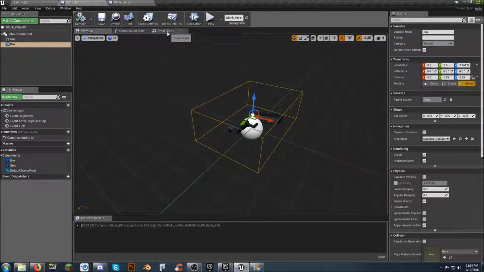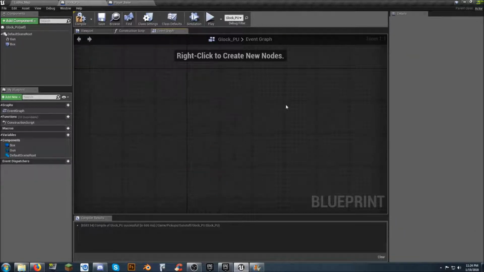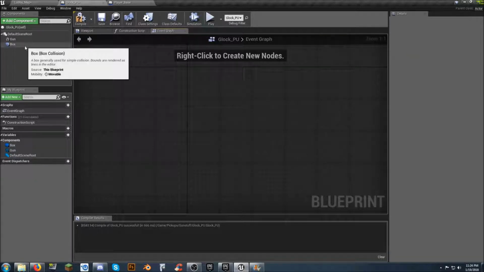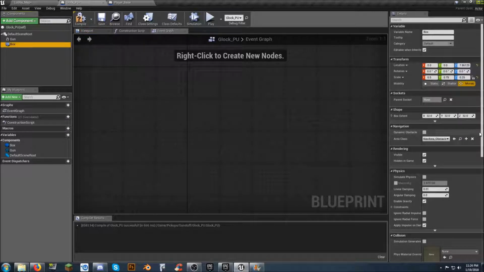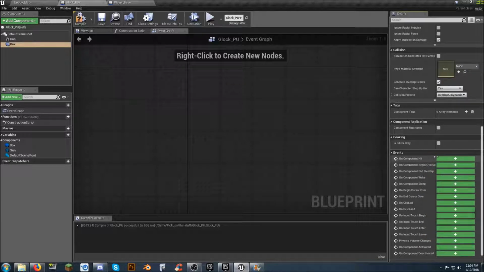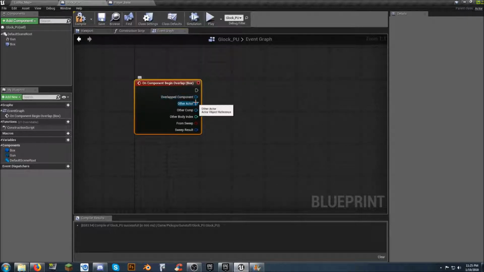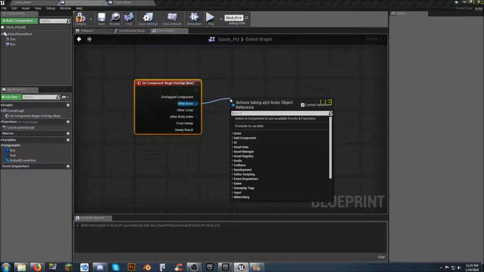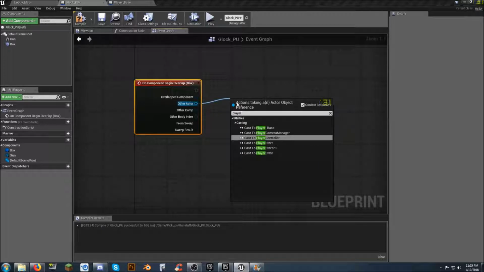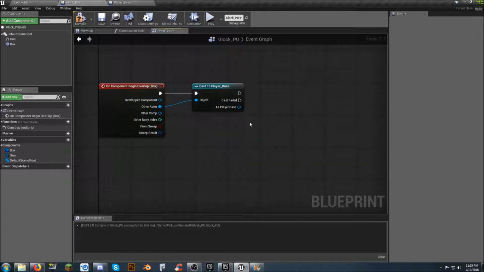Our Glock pickup, we're going to get rid of everything here. We're going to select the box. We are going to find this way, component begin overlap. Click that. Then we're going to come from our other actor, player underscore base. We're going to cast to it. So it has to be a player that picks it up. Okay. Now, as player underscore base,